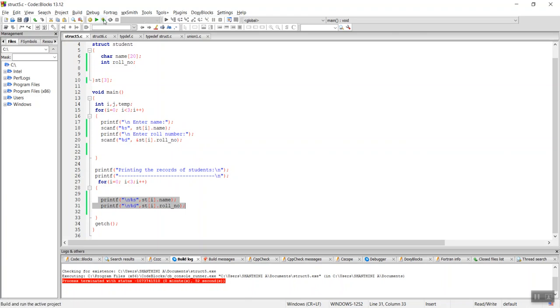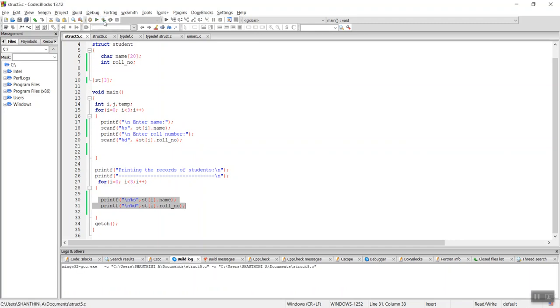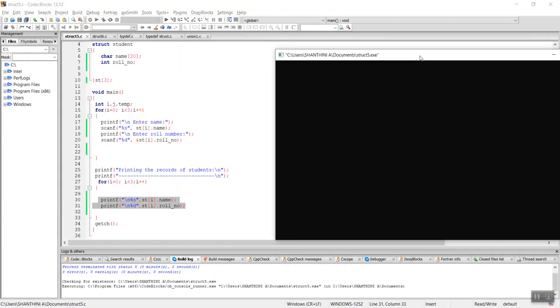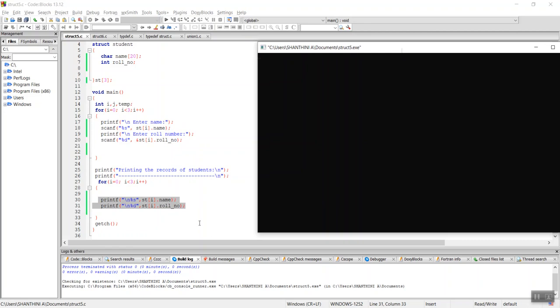Now we will execute this program and check the result. It is prompting me to enter the name of the student. So I'm entering the name of the student and the roll number of the student, and it is asking me for the second student's name because I have given 3 students' records here.